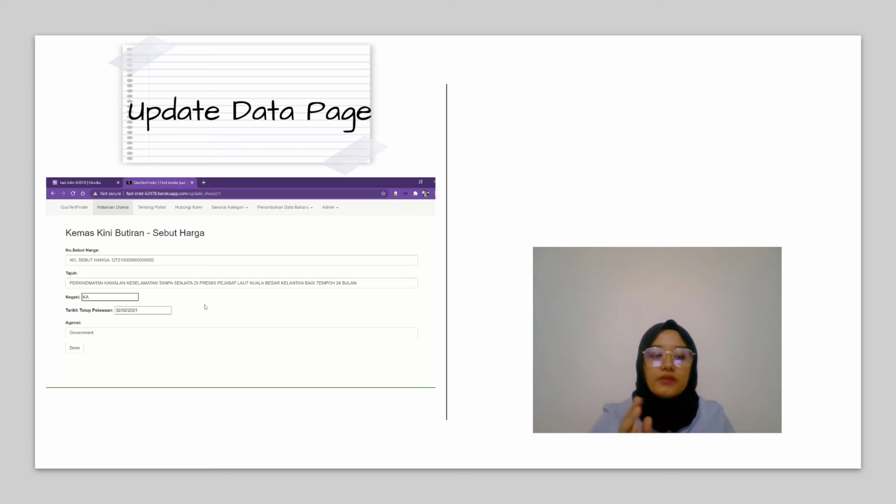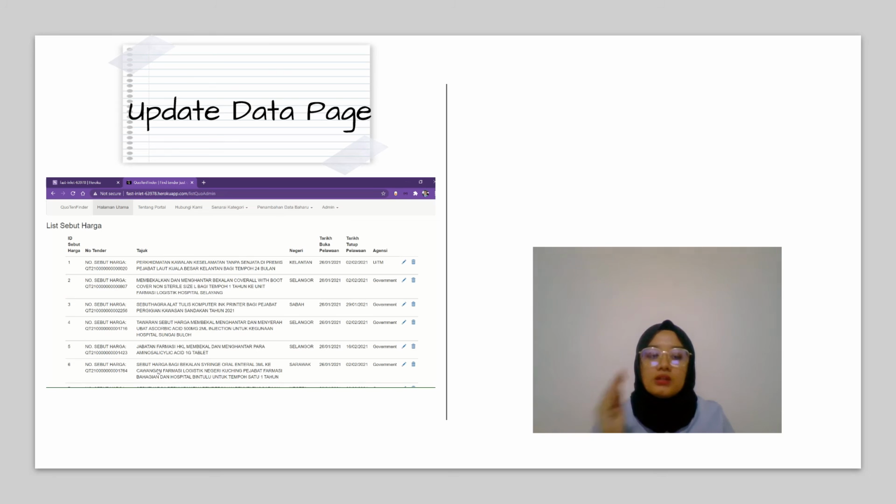So if you want to update, you just update the data. Then after you update the data, you just need to click done, and then it will go directly back to the list of the tenders or the quotations.